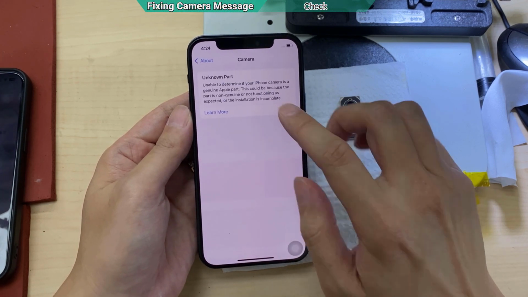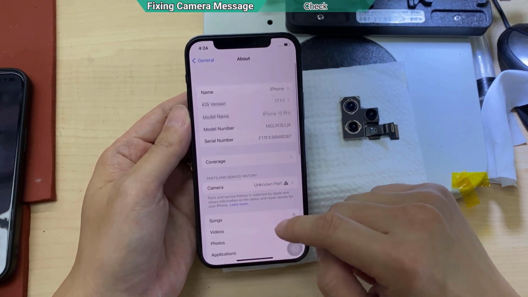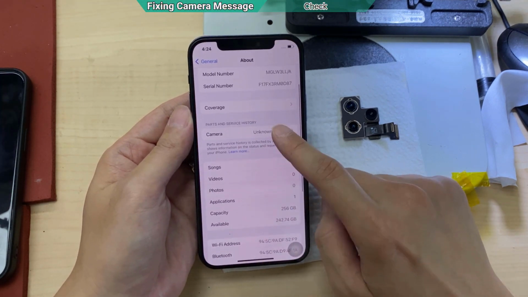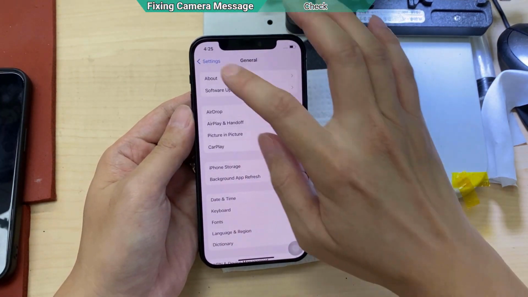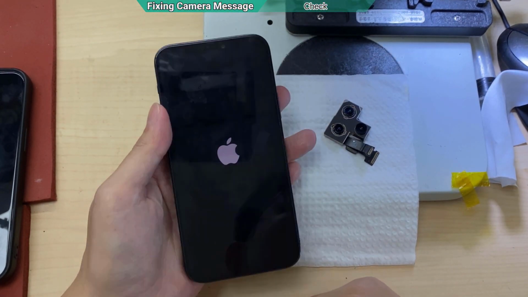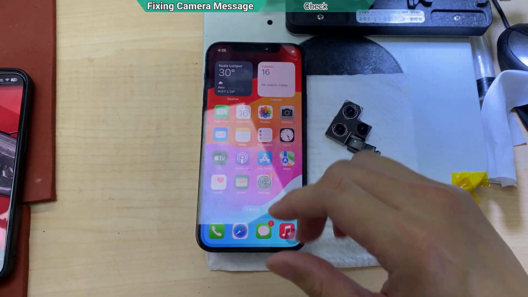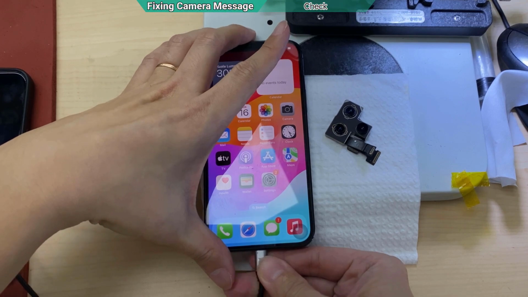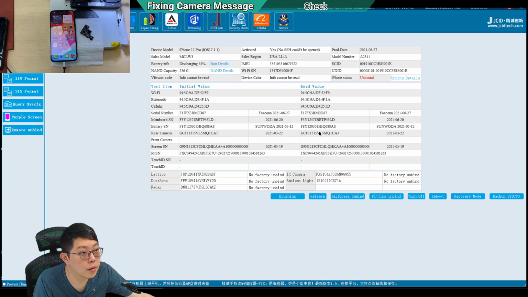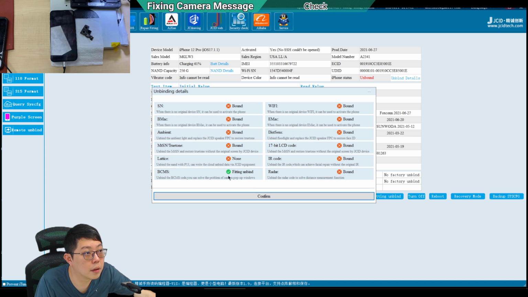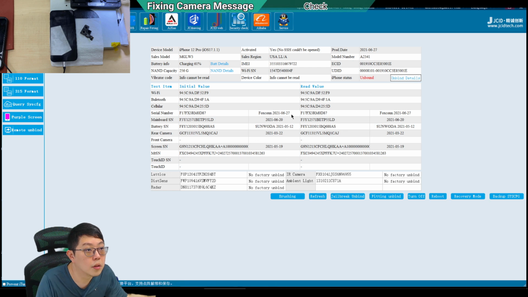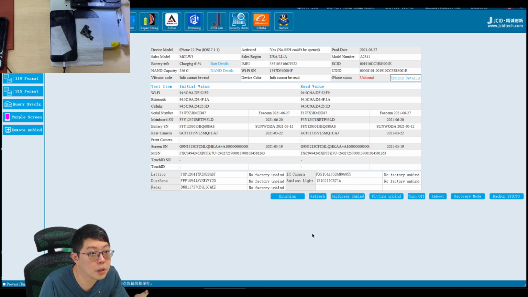Import the camera message. Maybe you need to restart. Okay, the message is still there. Whatever it is, I'm going to plug in the PC and take a look. What's funny is I already see the red camera. The code has already gone back to the original, but it still doesn't detect. Even from here, we can see the fitting is already unbound. So I believe we might need to restore it in order for it to work.